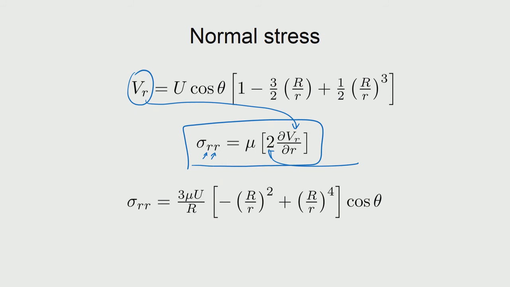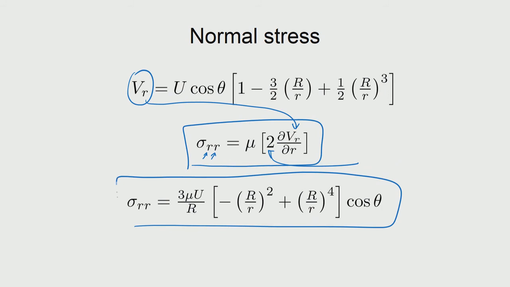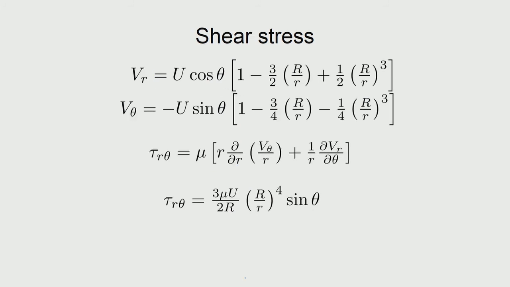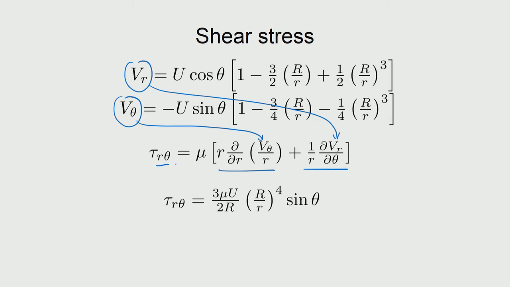So, you can then substitute and get sigma RR, which is available in this particular form. Okay, so, you now have pressure and sigma RR, which means that we have the normal stresses acting on the sphere, and therefore, its vertical component can be taken. Similarly, the shear stress can also be looked at, and you can see that it is written in a symmetric manner using r theta, with the r component and the theta component of the velocities present. So, you can then substitute them and get tau r theta.